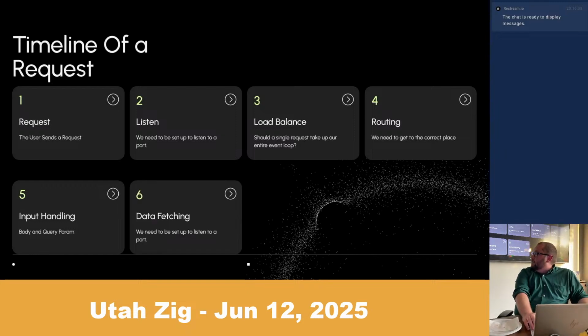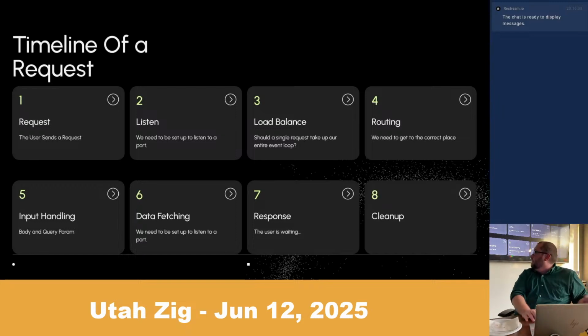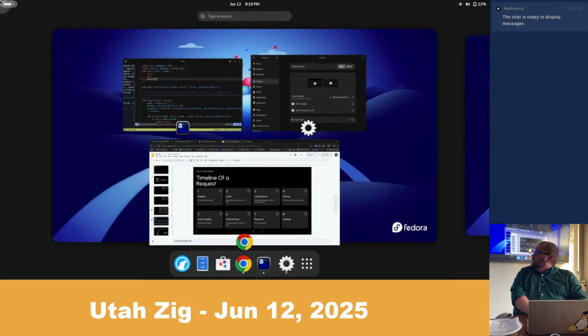You need to handle some sort of request to your database or to some other APIs or microservices if you're forced to use those. You need to send a response. And then there's some cleanup that needs to happen. You need to clean up the memory. In Zig, you largely have to clean up the memory yourself. There might be other tasks you want to schedule with it. So these seem really complex, but really they're not. There's a lot of things to take care of, but they're not as bad as they initially seem.